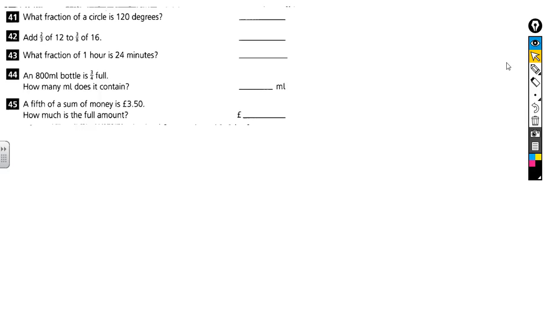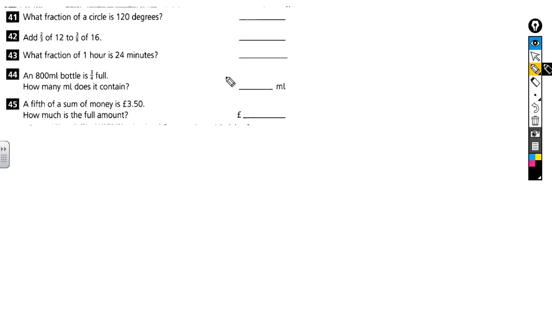Okay, let's have a look at these questions then. Right, the first one is, what fraction of a circle is 120 degrees? Now, this is a question that requires us to understand firstly what degrees are and how many of them might